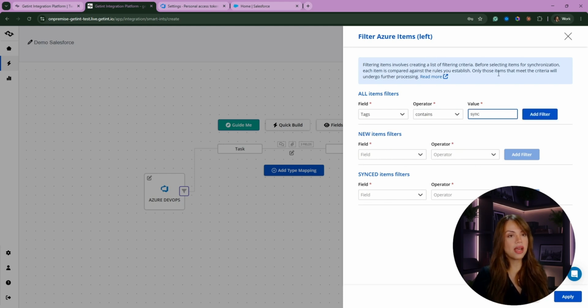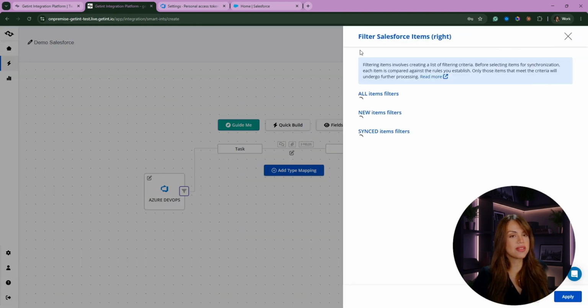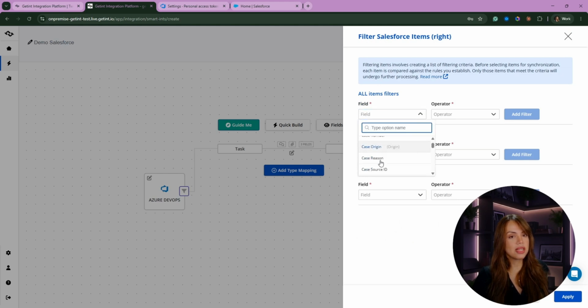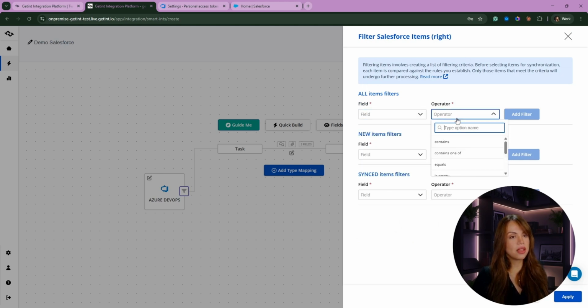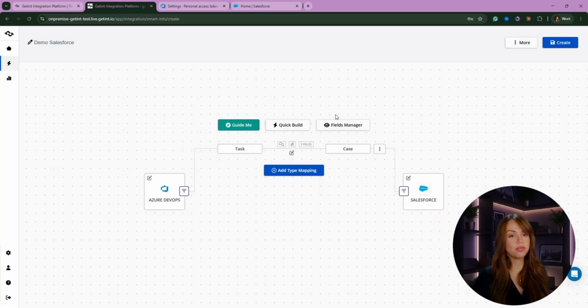So the items that will be synchronized or be part of the synchronization will only be the ones that have this tag or label. I can do the same on the Salesforce side. You can select the field and then the operator and then the value, and then the tool will only synchronize the items that match that criteria. I will leave as default just to make this thing simple for this demonstration, but you can play around for what fits your team. Now let's save this integration